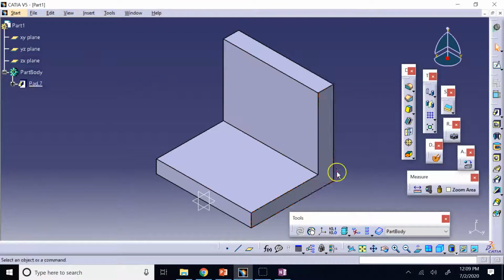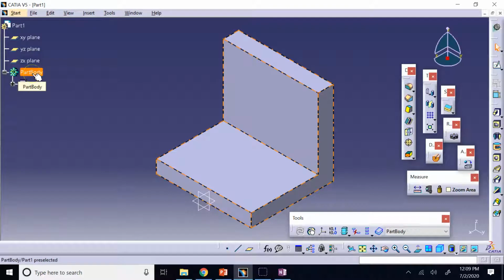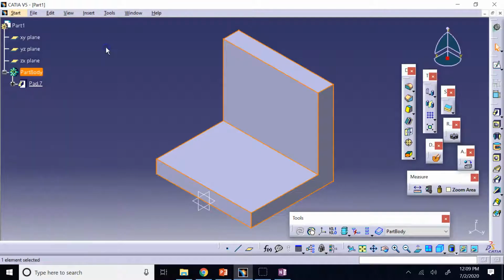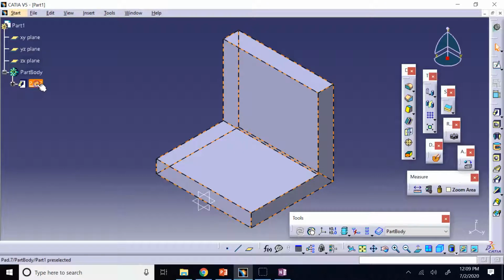First thing, you made a part like this. How can you change the color? What if you don't like this color, you want to apply a different color? So what you can do is you can change the color of the entire part,